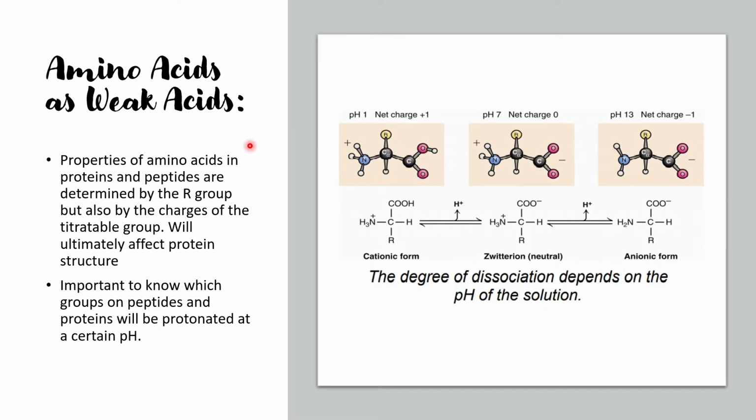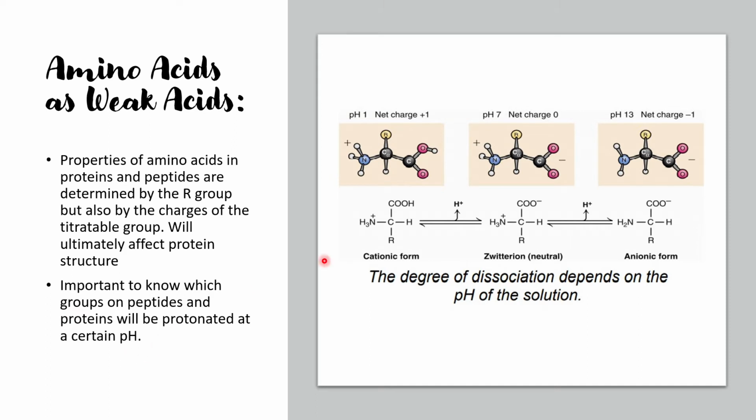So if we look at amino acid as weak acid, all of the properties of amino acids in proteins and peptides are actually determined by the R group. In addition to that, the charges also play an important role because they ultimately affect the protein structure. So if a particular amino acid has a net positive charge or net negative charge, that will determine whether they will be in the core of the protein or on the surface of the protein. In general, if an amino acid has a positive or a negative charge, they are usually found at the surface of the protein, and thus it is important to know which group on peptide and protein will be protonated